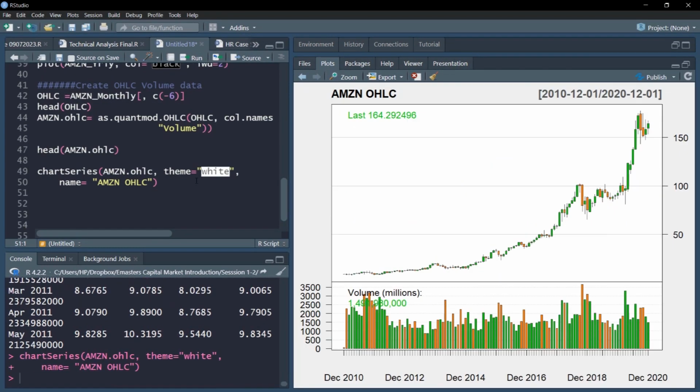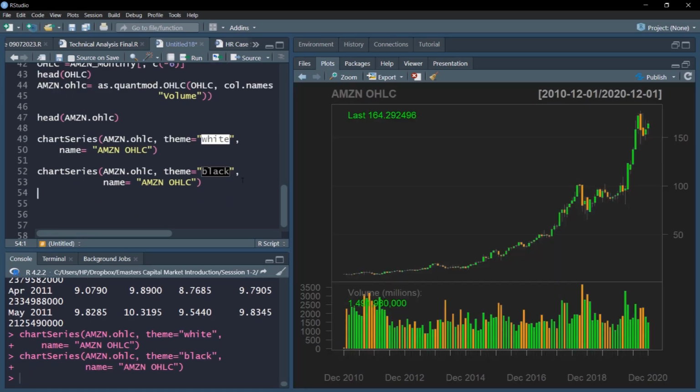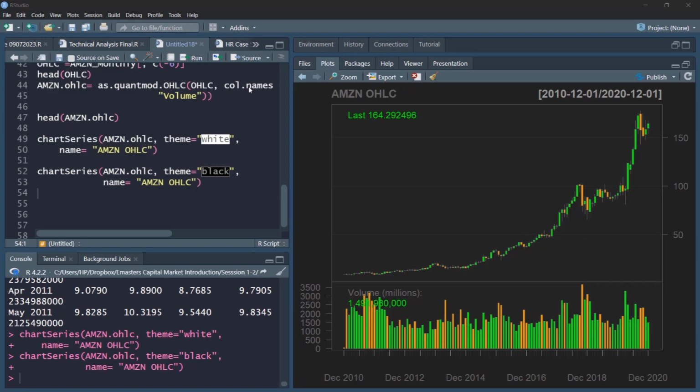I'll now run this command, and you notice such a nice wonderful diagram has appeared where I can see the candlestick movement, candles of prices, and then volume below. So it's a very nice looking diagram. For example, instead of white, if you wanted to change the color, there's another theme available to you. You can use the black theme, and it looks like this. In addition, you can change the plot type also, but we'll explore that in subsequent videos. So till now, we have understood how to create an OHLC series from the open, low, high, close and volume data and visualize it using the chartSeries plot in a very nice manner.